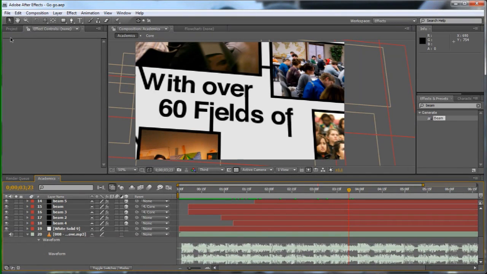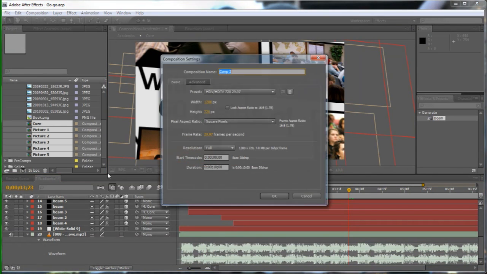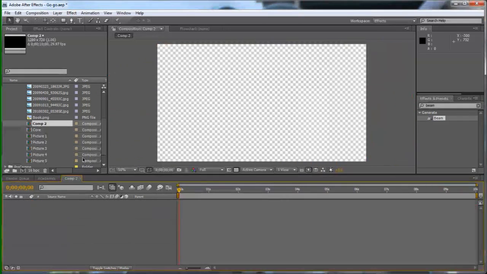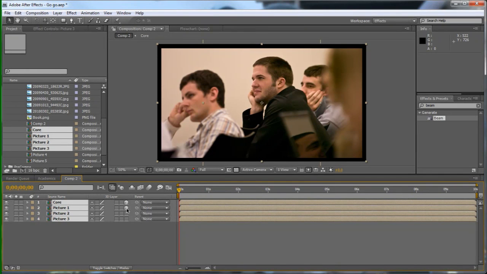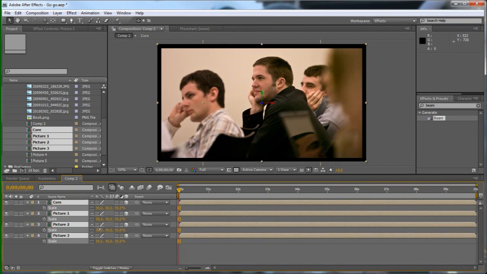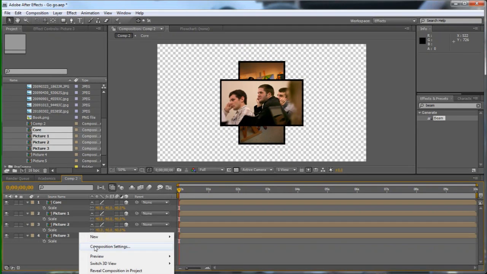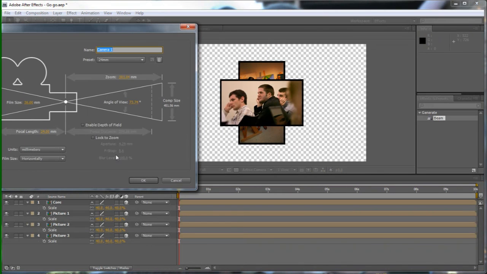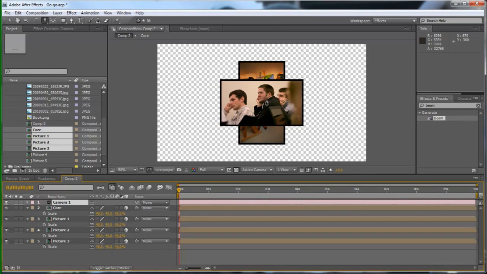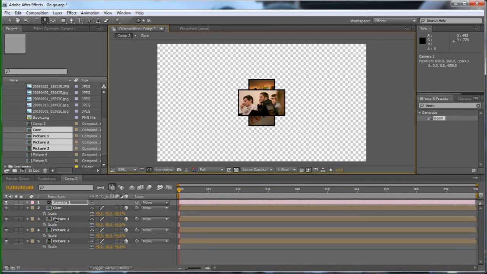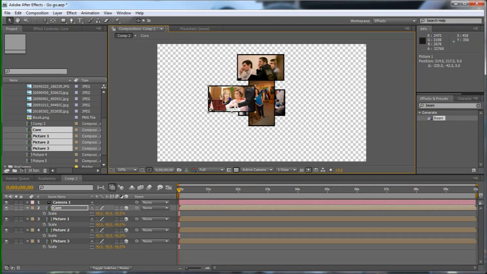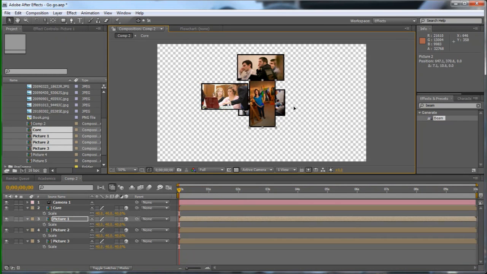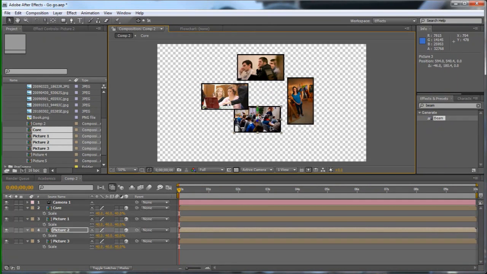All right, here it is. Project, new composition. 10 seconds is great, and I'm just going to grab a couple pictures and drop them in there. Let's go ahead and make them 3D, and we'll scale them down. I'm going to create a new camera really quick so that I can back up and see what I am looking at. I'm just going to position these guys differently. Put one up there, put one right there. This is pretty much exactly how I had done it